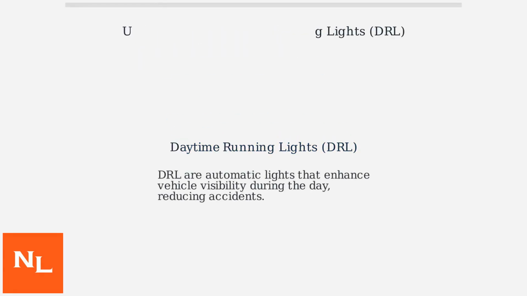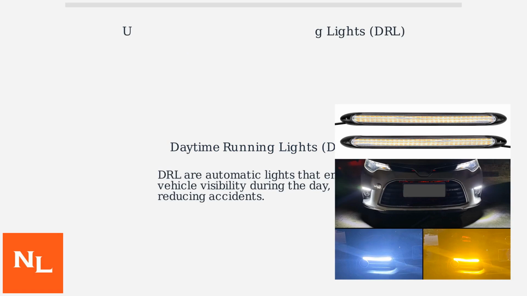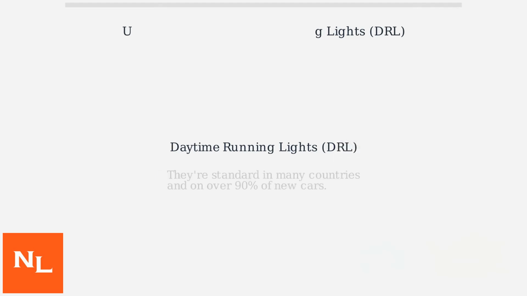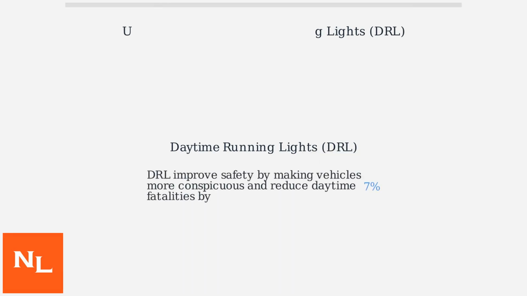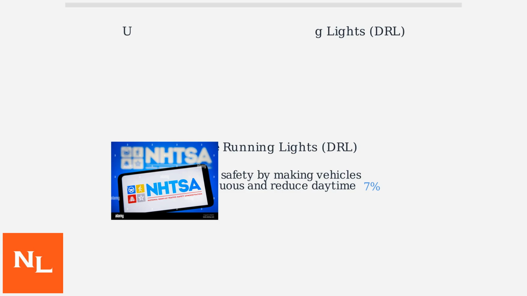Daytime running lights, or DRL, are automatic lights that turn on during the day to make vehicles more visible and help prevent accidents. They're standard in many countries and on over 90% of new cars worldwide. While DRL improves safety by making your vehicle more conspicuous, they reduce daytime fatalities by 7%, according to a 2024